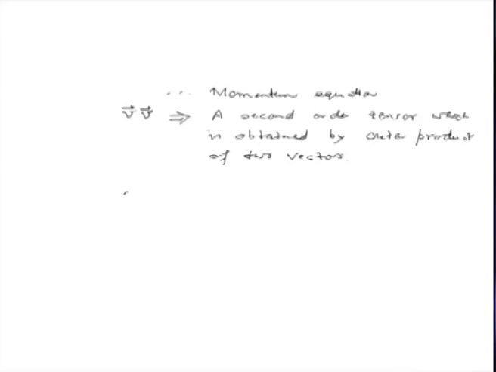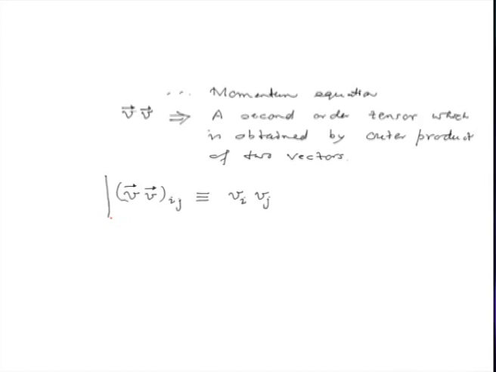If you want to compute a particular component of this tensor, let us say the ijth component of vv, it is nothing but the ith component of vector v multiplied by the jth component of vector v. That is how we obtain the components of this second order tensor,